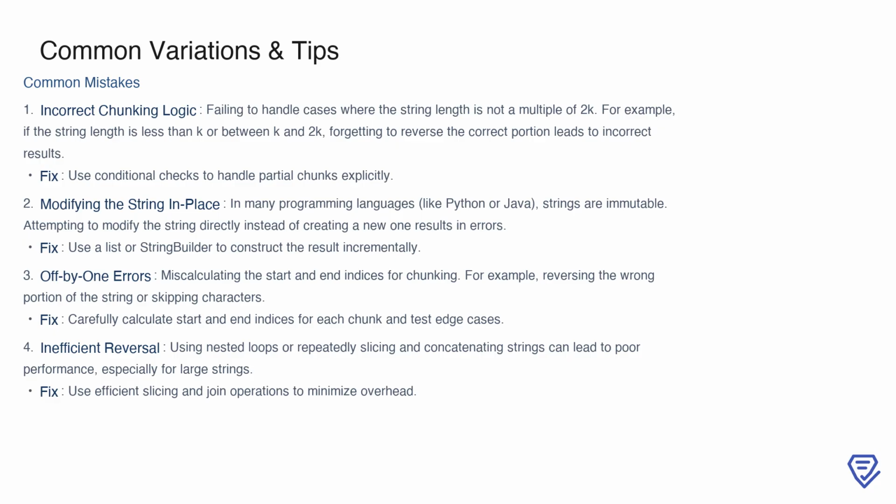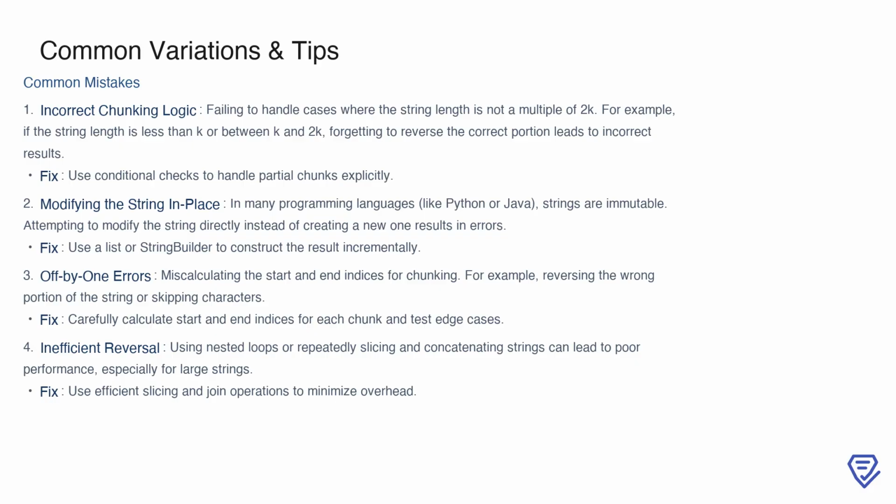First, incorrect chunking logic is a frequent issue. This happens when the string length isn't a multiple of 2k, and special cases like strings shorter than k or those between k and 2k are not handled properly. To fix this, you should include conditional checks to explicitly handle these partial chunks and ensure you're reversing the correct